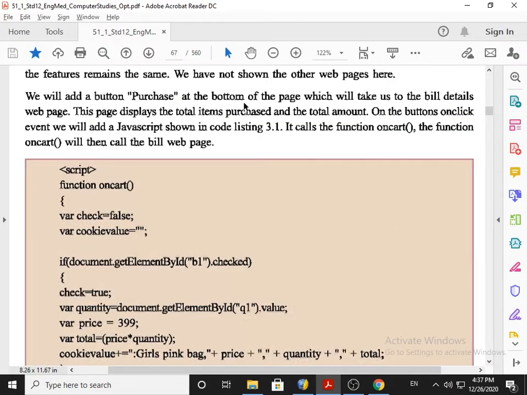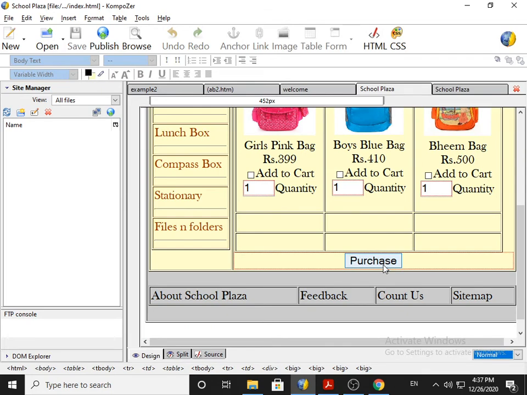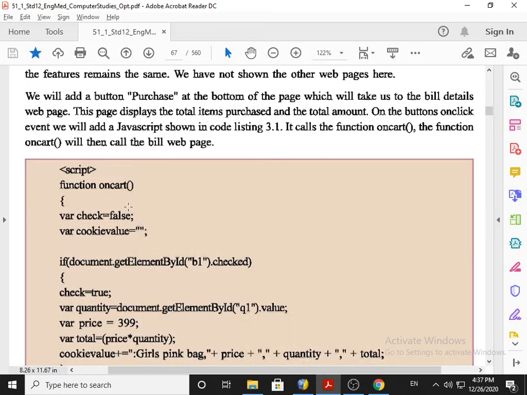See what is mentioned, very clearly clarified, the function on cart. So return on cart, like this way we have to prepare. So when somebody clicks on the purchase button, it automatically goes to the function. Which function? The on cart function, which we need to learn.